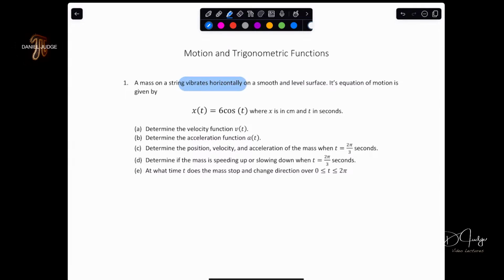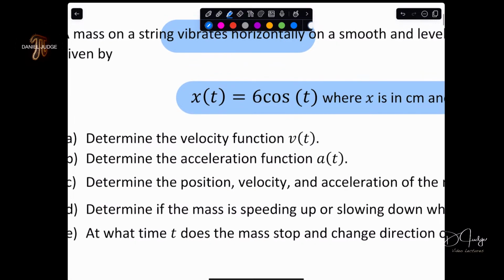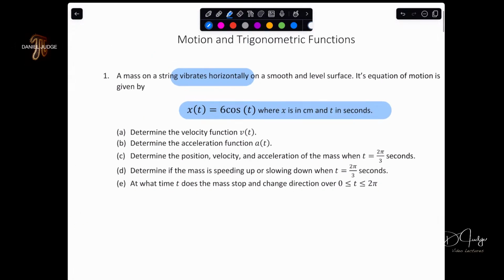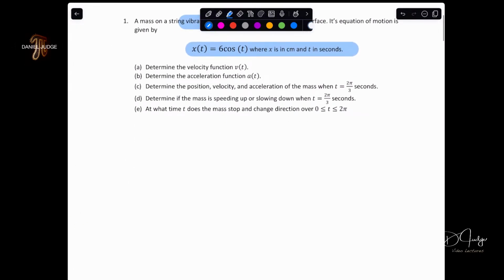So the string and the mass, I should say, is vibrating horizontally. What they gave you here was a position function given by x of t is 6 cosine t. I guess x is measured in centimeters and t is measured in seconds. So just to give you a quick understanding of what they mean with x being a position function, horizontal motion,